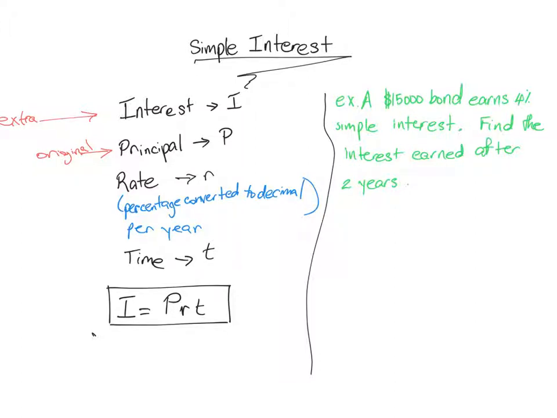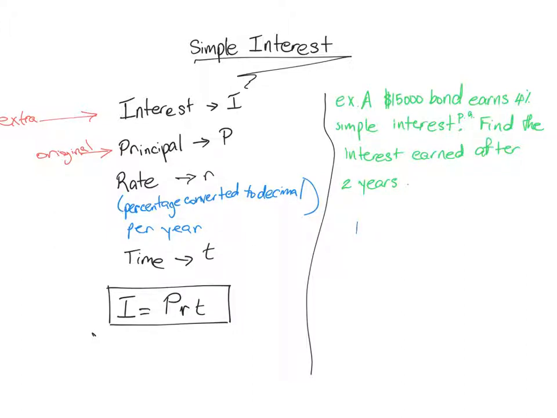Okay, so here's a nice, quick, simple question. We put $15,000 in a bond, and it earns 4% simple interest. And so that's 4% simple interest, I should say, per year. Another way of saying per year is per annum, or PA. So it earns 4% interest per year. Find the interest earned after 2 years. So in order to do this,